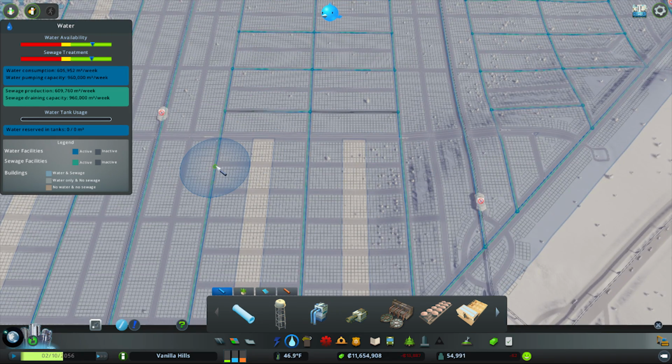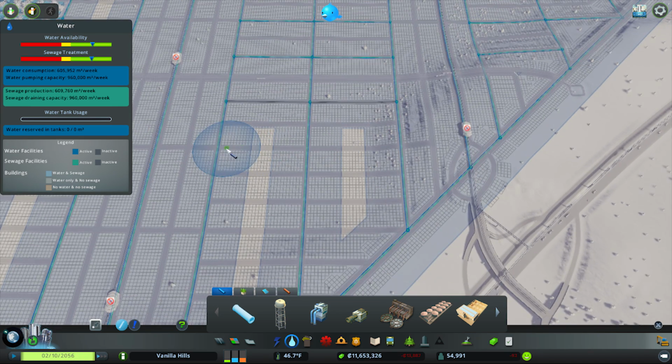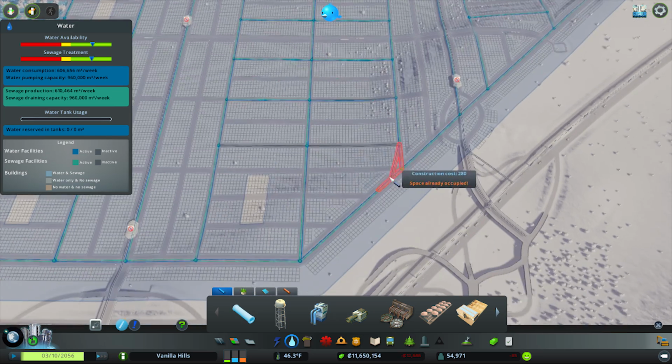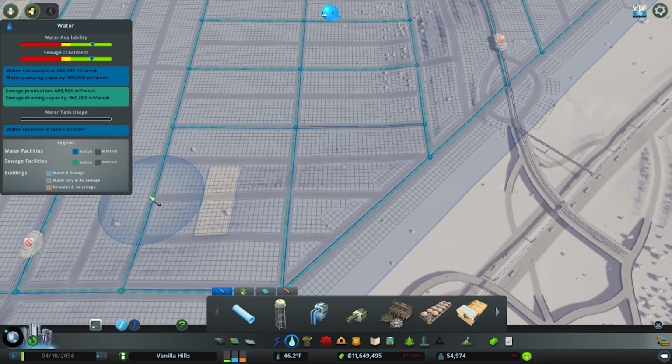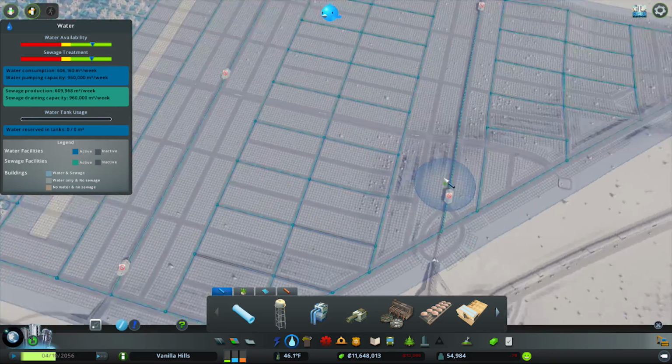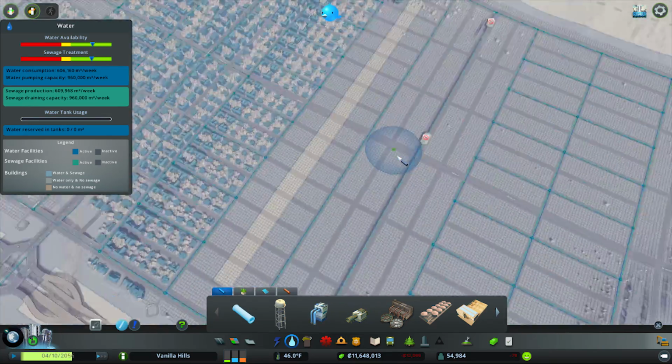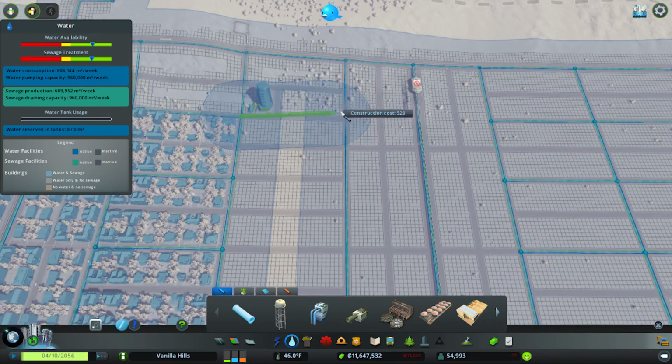And we actually do need, or at least through the residential areas, I do need to do some more through the middle. Nothing should break it that bad that it should ever lose any water, but